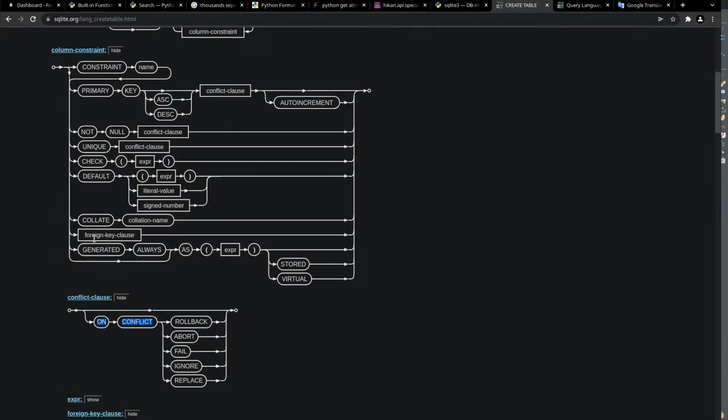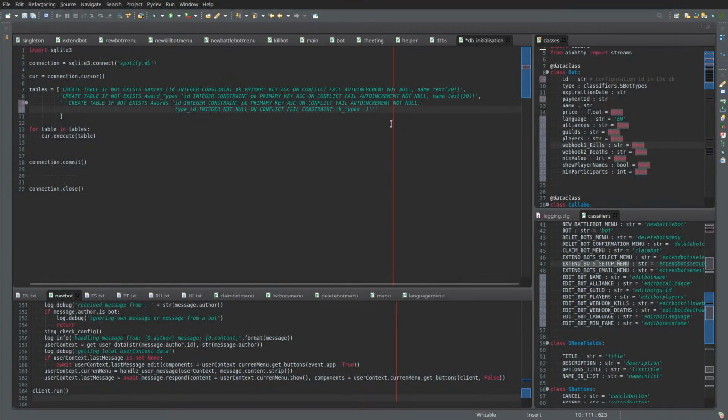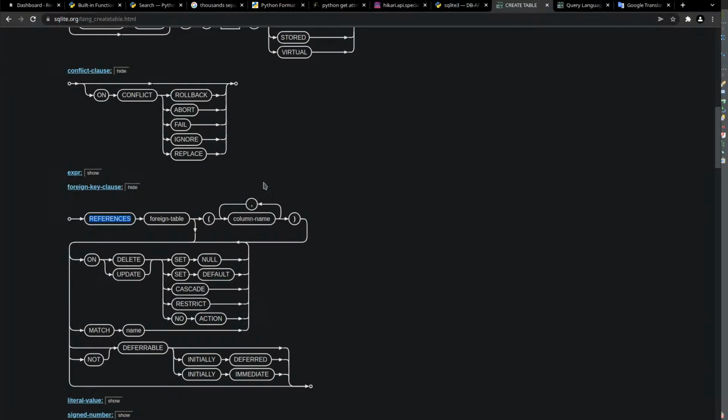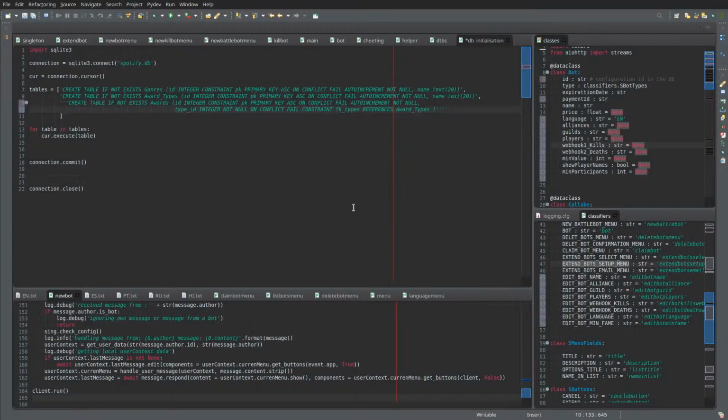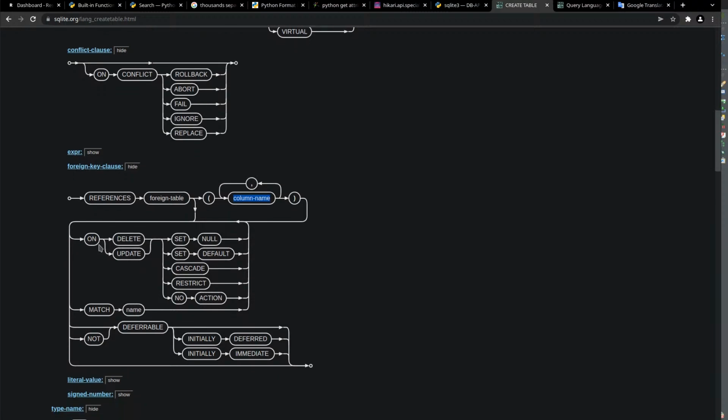Now we can actually define foreign key clause, which looks like this. References, then table name is for types. Then column name in brackets, ID. Okay, now we can define trigger if